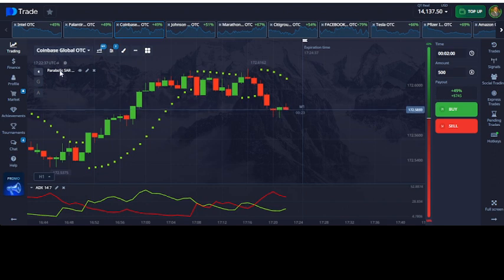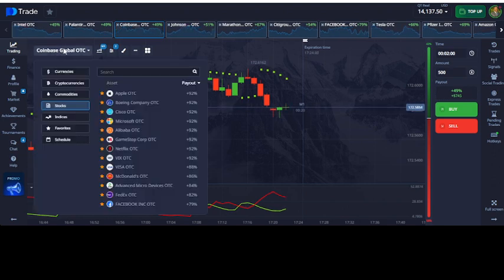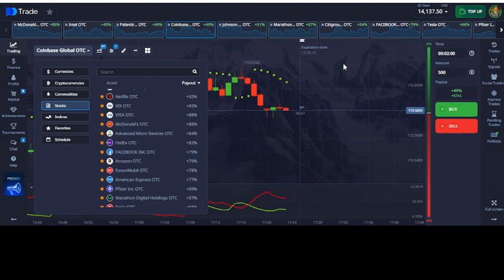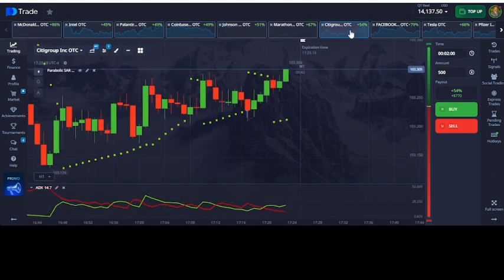If we go to our assets button here on the left, Pocket Option has various assets available to trade. We have currencies, cryptocurrencies, commodities, stocks, and indices. I'm going to be focusing on OTC stocks as it's the weekend. When we click on the stocks icon here, we get a drop-down menu of all the various OTC stocks available on the platform. What you would do is enable the star button here, and that way the stocks appear at the top of your chart, and you can quickly go through each of the various stocks